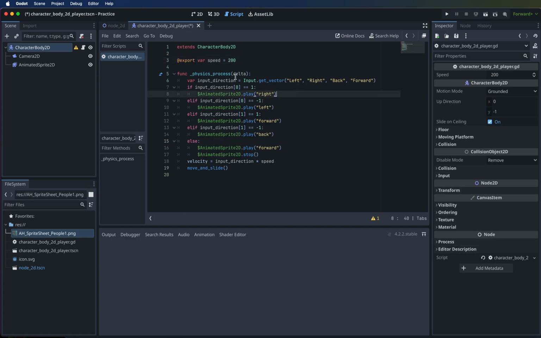Not that I need that right now, but that's being exported. The input direction is another variable, and this is coming from Input.get_vector. This is a built-in Godot function that will get the direction that the character is going. So if the input direction equals 1, it's right. So this input direction 0. So what this is, is an XY